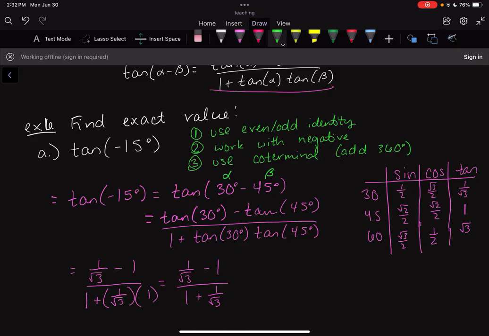First thing that we can do is let's multiply everything in here by the least common denominator. So what we're going to do here is we're going to multiply by root 3